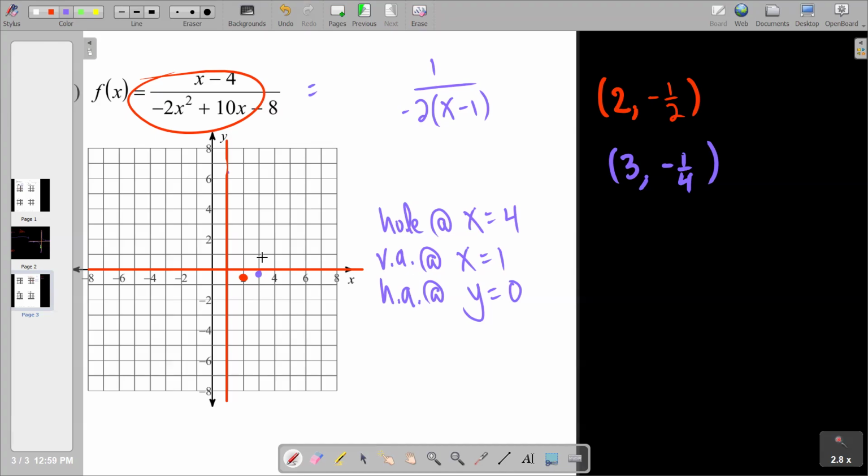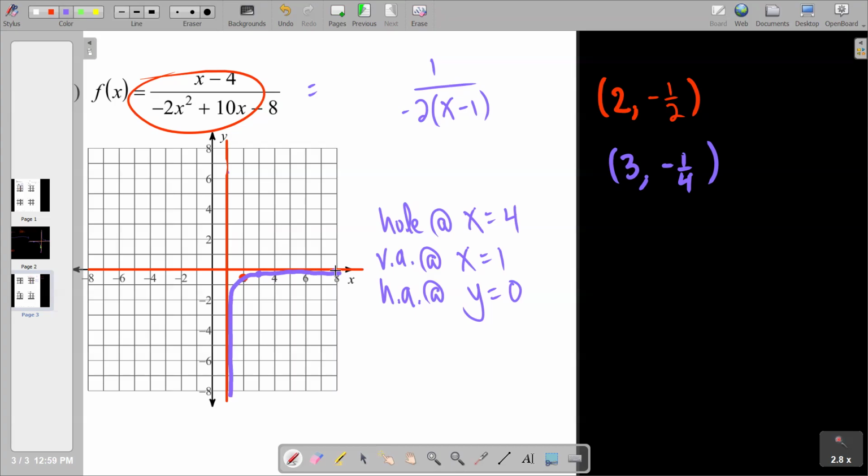sketch. If you wanted to, you could find a y value for the x's between 1 and 2. I don't really think that that's necessary. We can see the behavior of it. We know it's going to go asymptotic over here. And then it's going to be a pretty tight curve in here like this. And then it's going to back off, or like it almost comes up and it's like it's